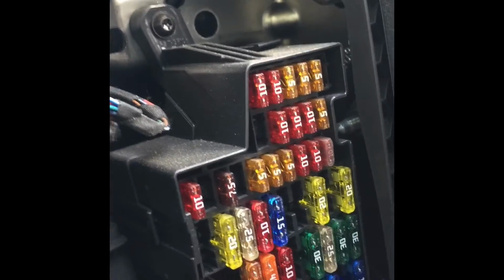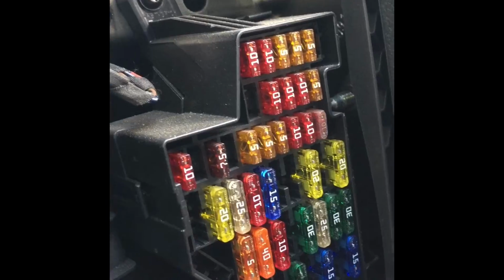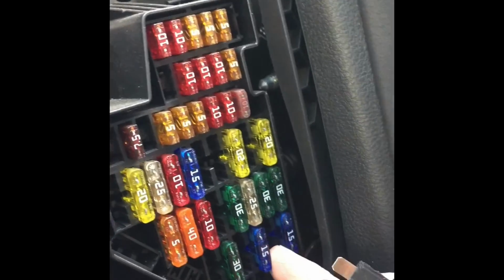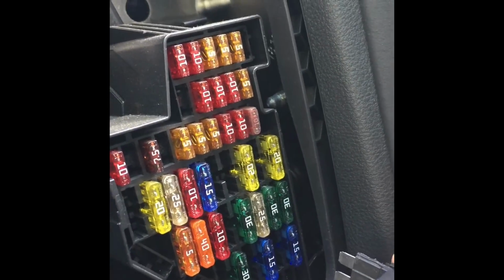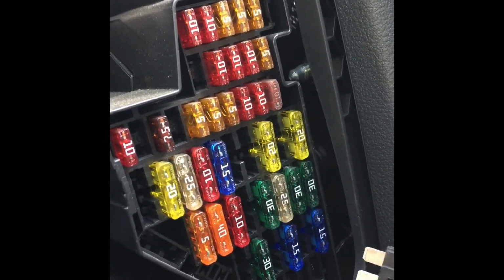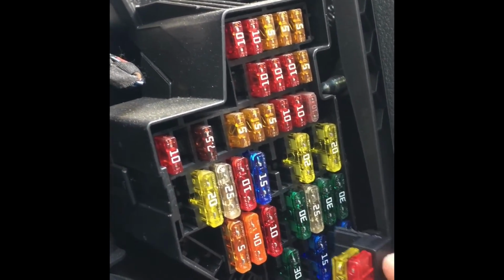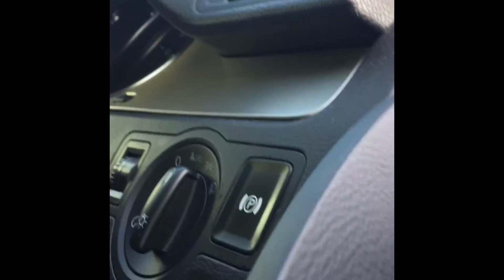The instructions suggested it was this fuse, but that's an always on fuse, so the DRLs wouldn't turn off even after I'd locked the car. I did some testing, and this one here, second from the right, which according to the manual is the electric window fuse, is the one that's allowing the DRLs to come on once the ignition goes on, and obviously turn off once you've taken the key out. Again, the original fuse from that spot goes in the bottom slot of the fuse tap, and then another 10 amp fuse goes at the back, which I've bought, and that just plugs in there. Neaten that up, and then obviously pop the cover back on, and let's